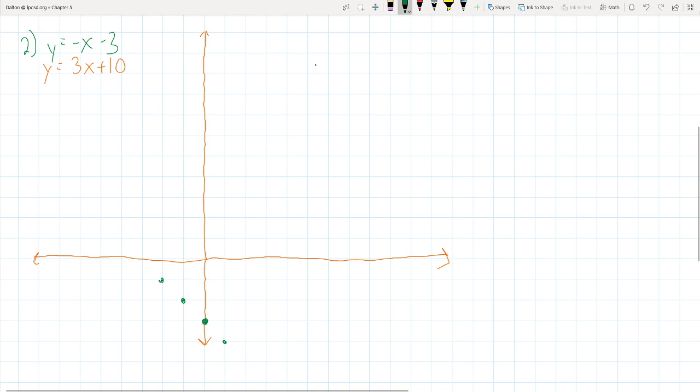And I'll just put a couple points there, and then I'm going to go do the other one, which I unfortunately did in orange along with this graph. So I'm going to go up to 10. 1, 2, 3, 4, 5, 6, 7, 8, 9, 10. Put a point, again, that's from this y-intercept. And the change here is a rise of 3 and a run of 1, because there's an invisible 1 under there. I'm actually going to go to the left-hand direction, so I'm going to go down 3, 1, 2, 3,